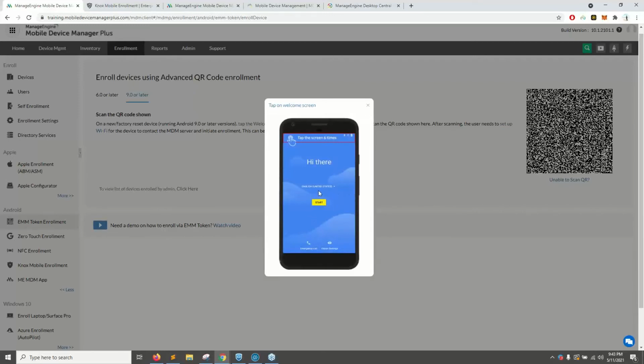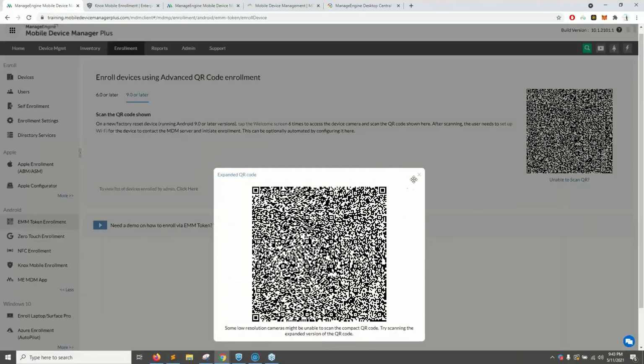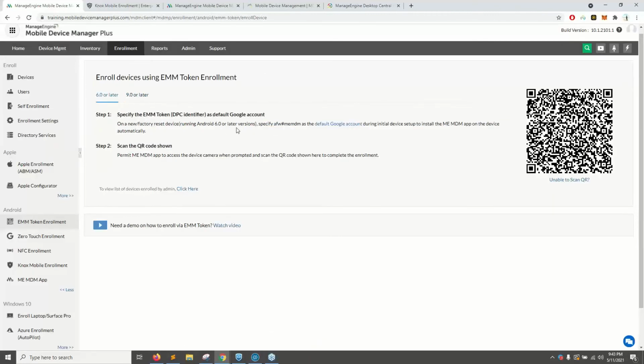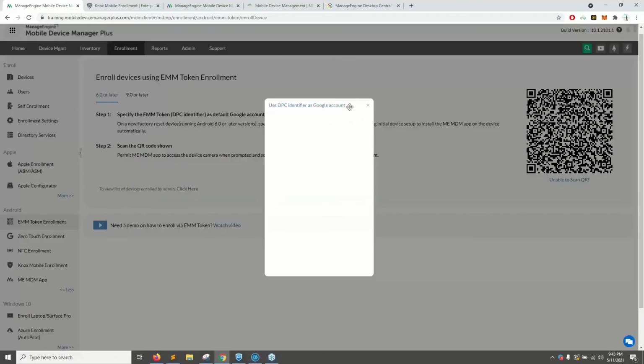And on this screen itself, when you tap it 6 times, it will open a code scanner, and scanning this particular QR code will register the device. That's it. And if the Android version is less than 9.0 or later, then you could go with the AFW token method,